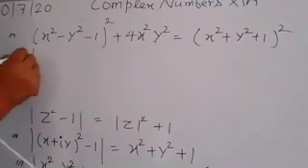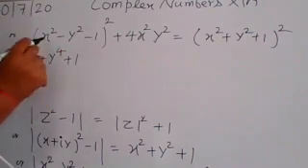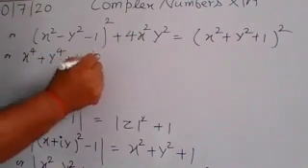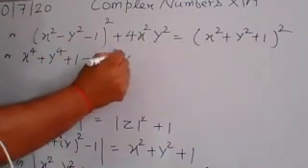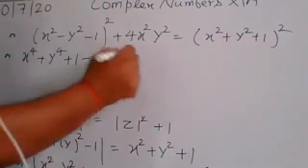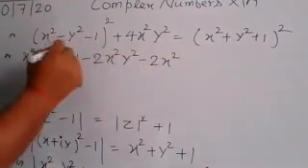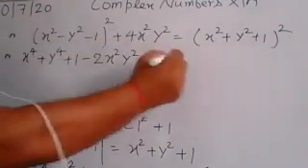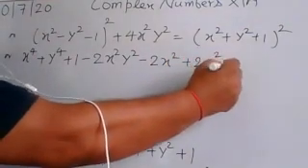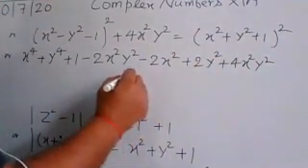So x to the power 4 plus y to the power 4 plus 1, and the product of first and second into 2, so you have minus 2 times x square y square. In the same way, the product of first and third into 2, so minus 2 times x square, and the product of second and third into 2, so you have 2 times y square, plus 4 x square y square is equal to